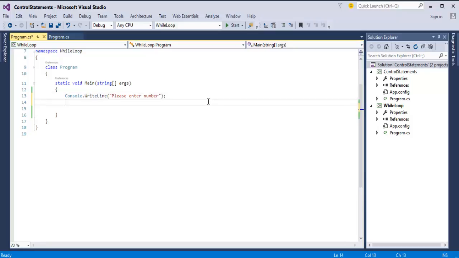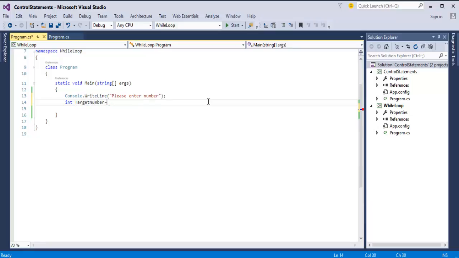Now once the user reads this sentence in the console window, his job is to enter the number. Once he enters the number, I want to store it in some variable, so I'll take targetNumber